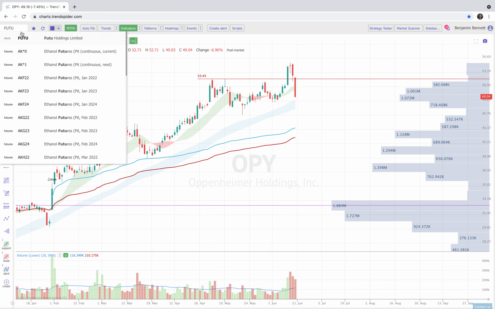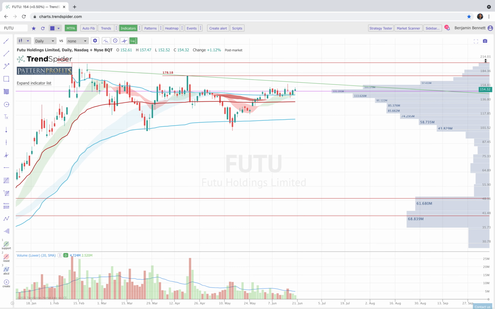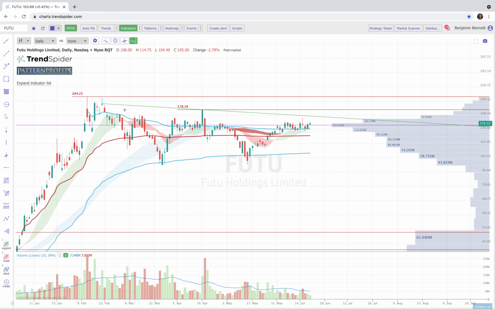One more we'll take a look at, kind of put everything together. Futu. You'll often hear me talk about VWAP pinch. You have multiple levels of pivots above, as we've discussed. When you have a pinch like this, the support comes from the anchored VWAP off of the low. Risky to take as an entry here, but more reward if it turns out to be the bottom and you're